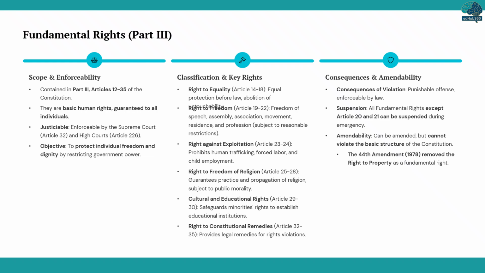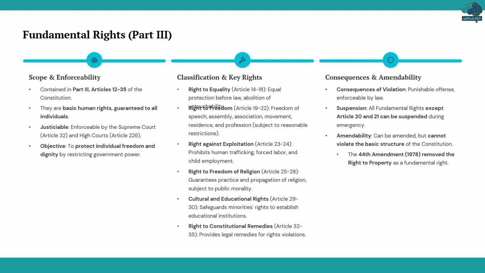Violating these rights can be a punishable offense. While most fundamental rights can be suspended during an emergency, Articles 20 and 21, dealing with protection in respect of conviction for offenses and protection of life and personal liberty, remain active. Importantly, fundamental rights can be amended, but they cannot violate the basic structure of the Constitution. A notable change was the 44th Amendment in 1978, which removed the right to property from this list of fundamental